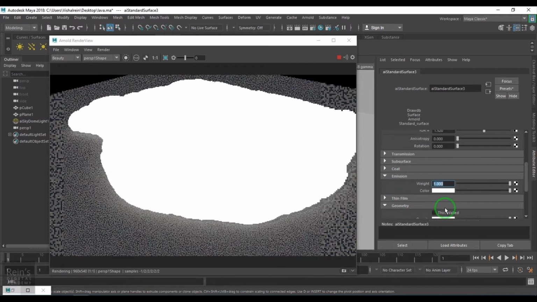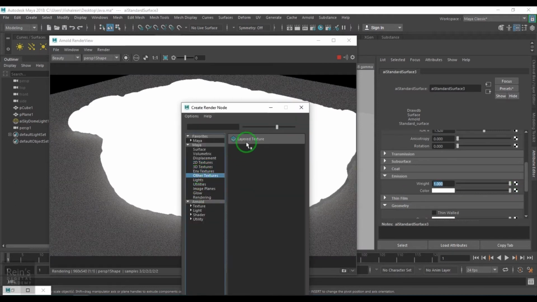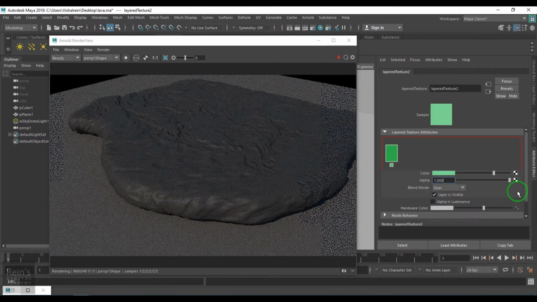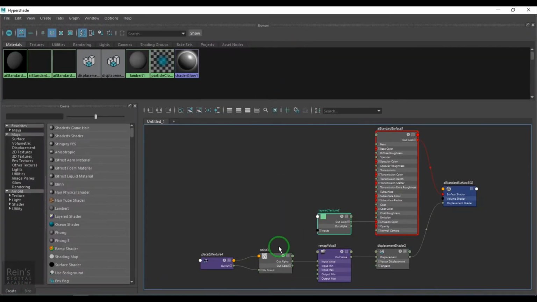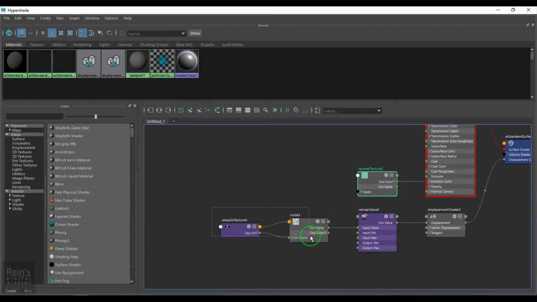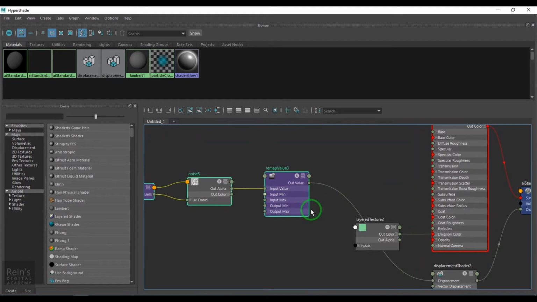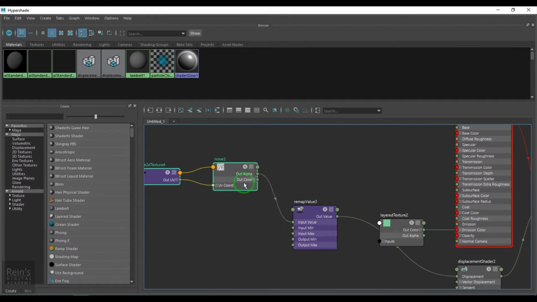Okay, and in the layered texture I'll be connecting the noise which was remapped. So I'll just duplicate this and then connect it again. Now we have the layered texture, right?